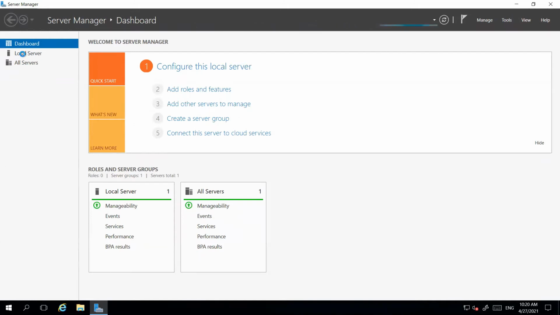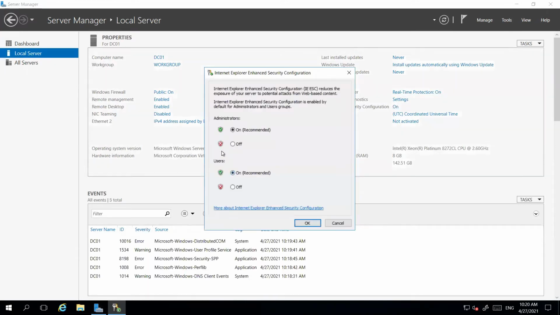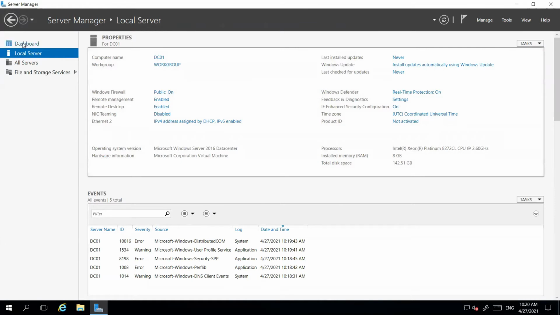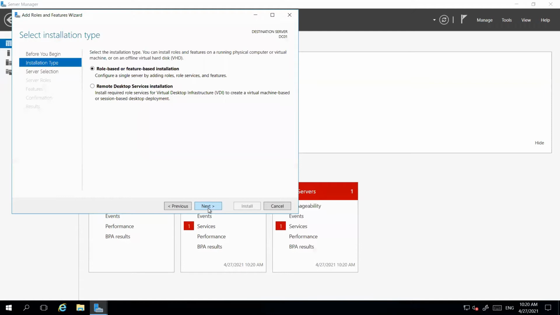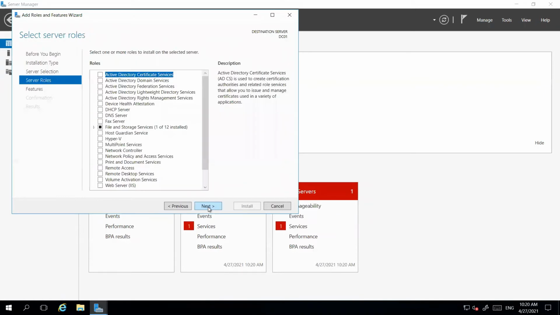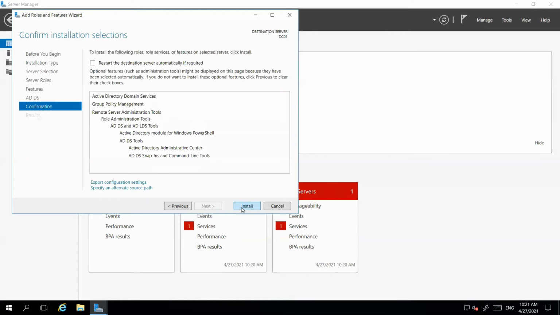So now what I will do, first you go to the local server. Okay, then you go to dashboard, add role and feature, next, next, next, and select this Active Directory domain services, add feature, click on next, next, next, and install.